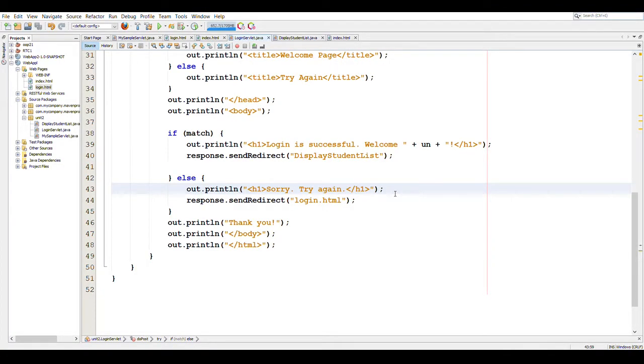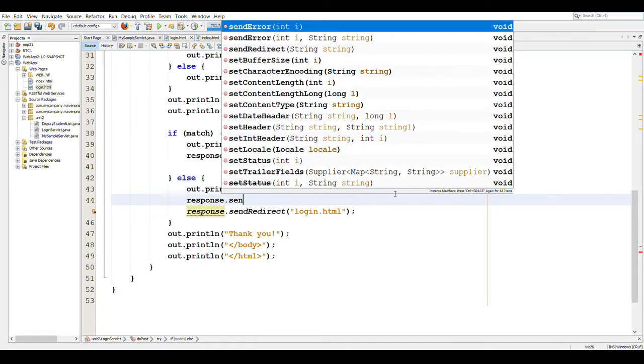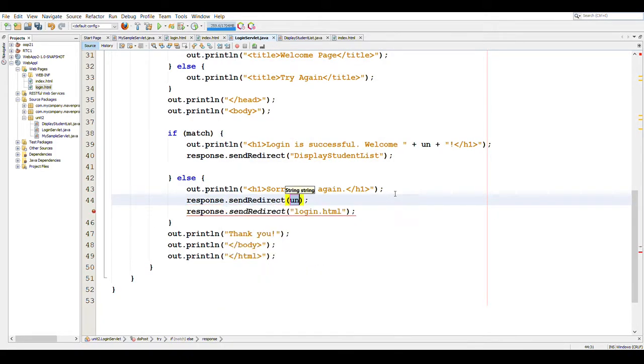We can also use the response.sendRedirect method to redirect our response to some file which is not in our web application. For example, the index file of web application 2.